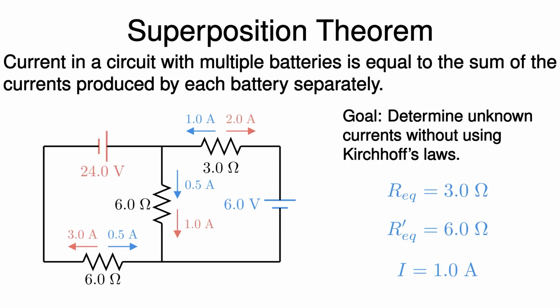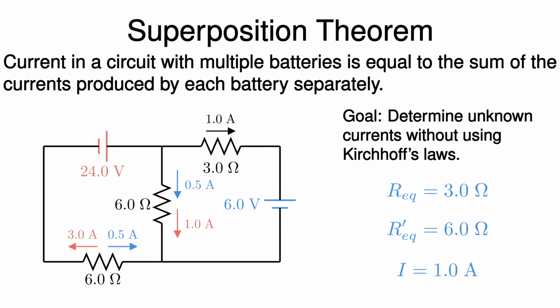Having calculated the contributions from each battery separately, let's now consider their total contributions. For the 3 ohm resistor, the red battery creates 2 amperes of current flowing to the right, while the blue battery creates 1 ampere of current to the left. So the actual current that flows through the resistor in the presence of both batteries is 1 ampere to the